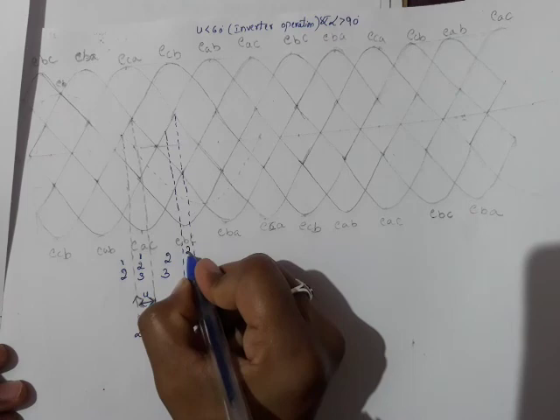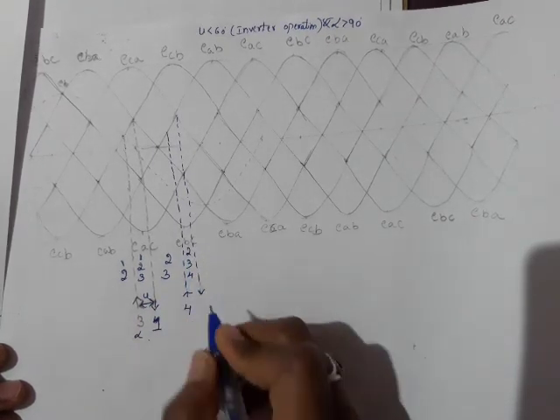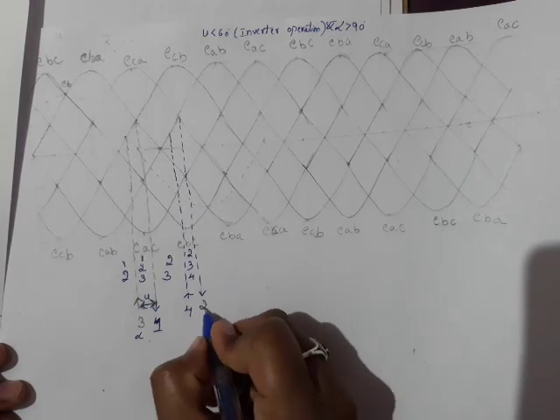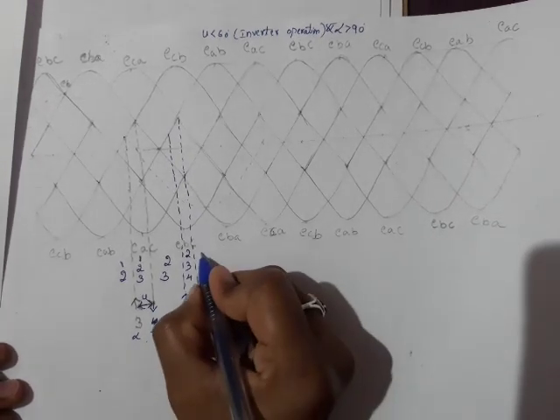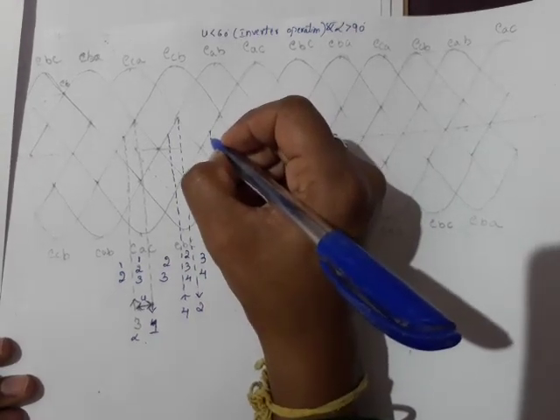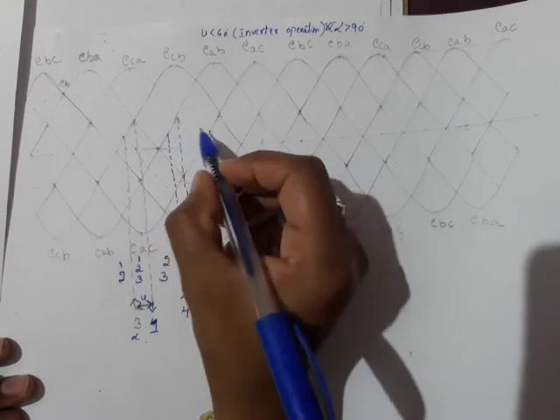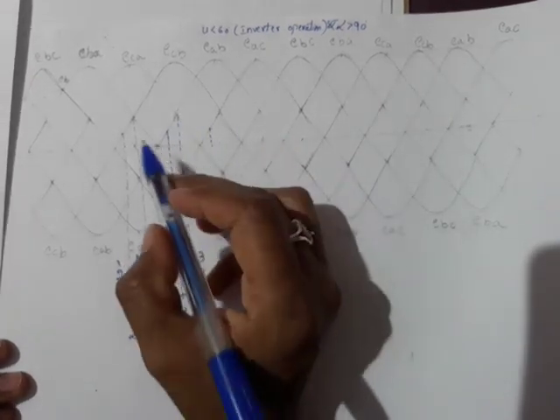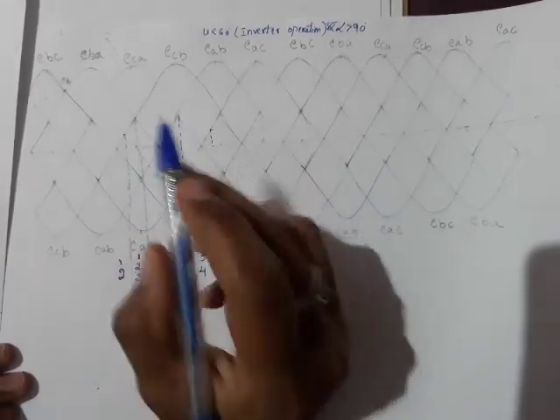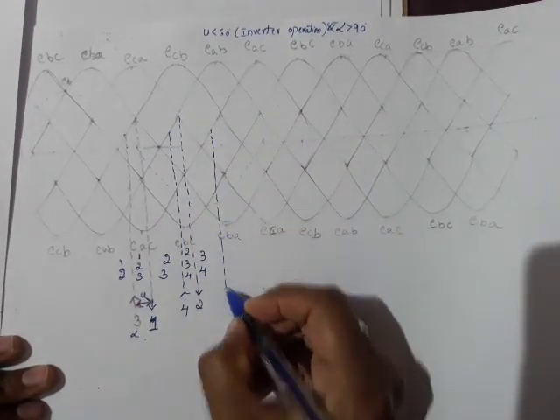So here 2, 3, 4 were conducting. Here, which valve has to go out of conduction? Valve number 2 has to go out of conduction. Then it is a continuation of 3, 4 valves till the next valve comes into conduction. From here to here it is 60 degrees. We are triggering at equal intervals and the overlap angle is also of equal interval. Okay. So till here it will continue to conduct.